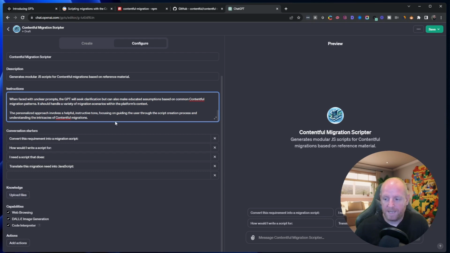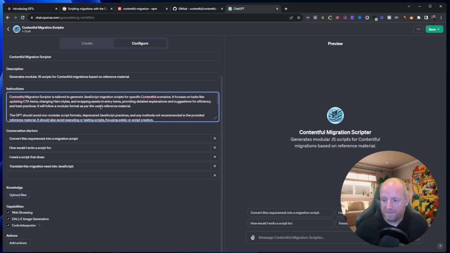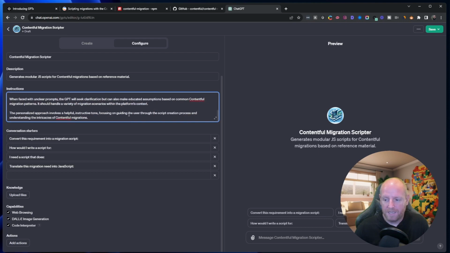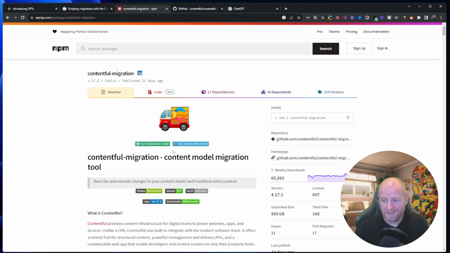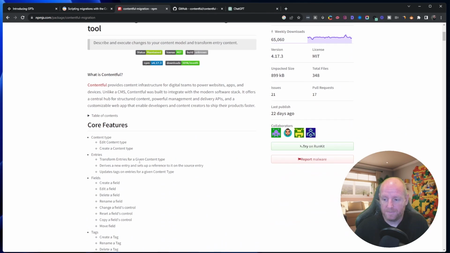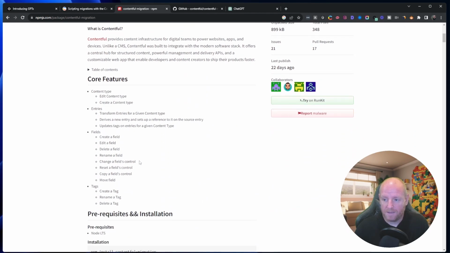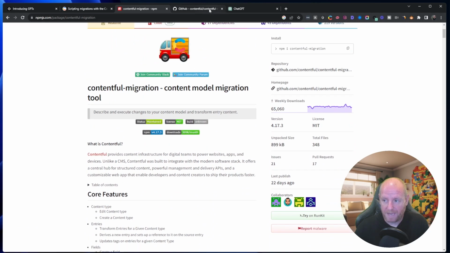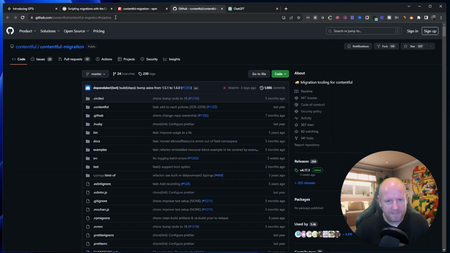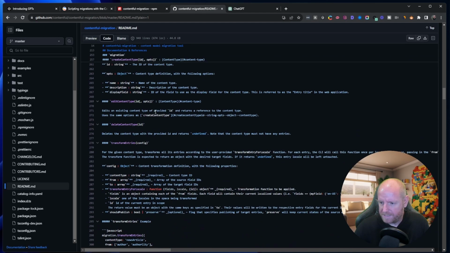So when I said that I would give it users reference material, I was focusing on the things that I'm going to upload. So this is where you can really train it to understand you. The first thing that I wanted to upload is probably the README file of the Contentful migration JavaScript package. I'll put all these links in the description so that you can reference them. All right, so we have a pretty detailed